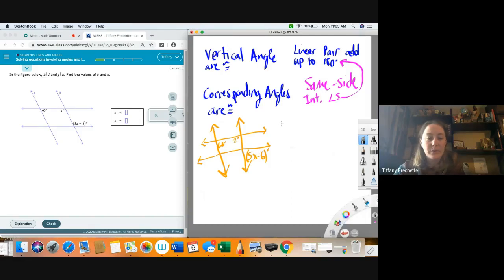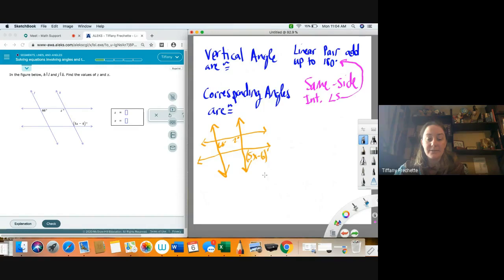Let's see if we want to work some of this out in pink. All right. So we did do same side interior angles a couple of times on the last one. So if we look at 66 and Z, if we look at the parallel lines that are straight up and down, I know we have parallel lines going straight up and down. We have parallel lines going left and right. I'm going to look at the parallel lines going straight up and down because that means that 66 and Z are in between those two. And also, if I'm looking at those as the parallel lines, then this becomes a transversal for a moment. So if they're in between the lines and looking at that transversal, they're both on the bottom of that transversal, then they're on the same side of the transversal and they're interior. So that is the definition of